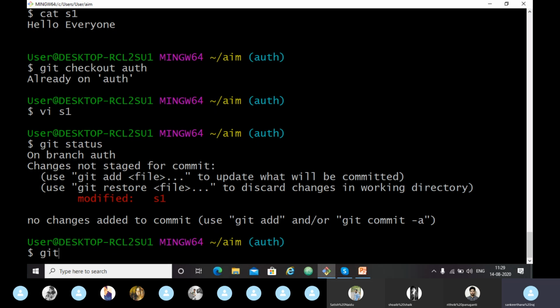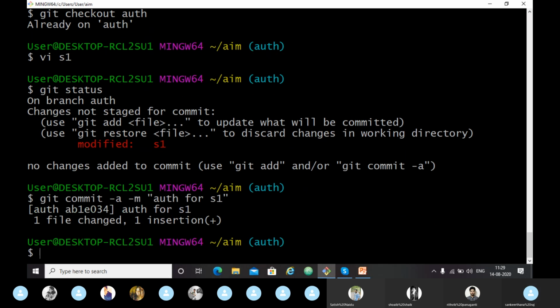Now I'll show you a shortcut. Git commit -a -m. See, this is two commands merged into a single command. Before, we used to stage with the git add command, and after that we used to commit with git commit -m.